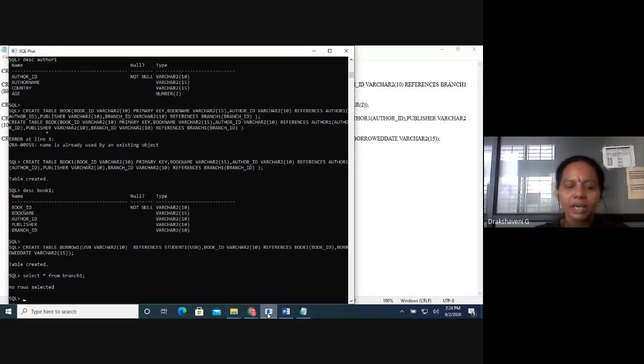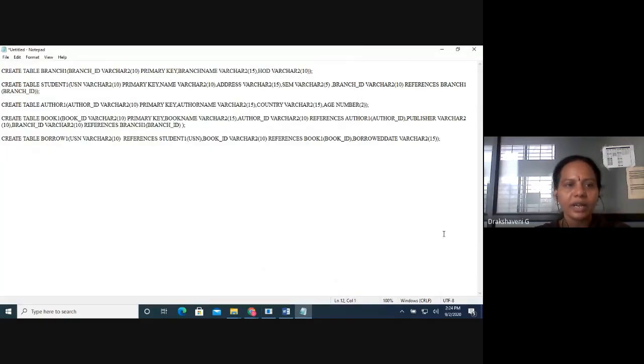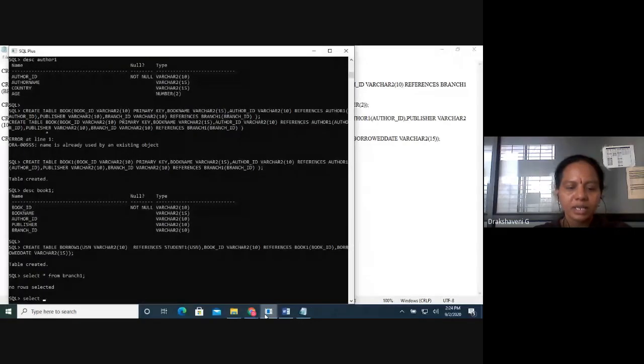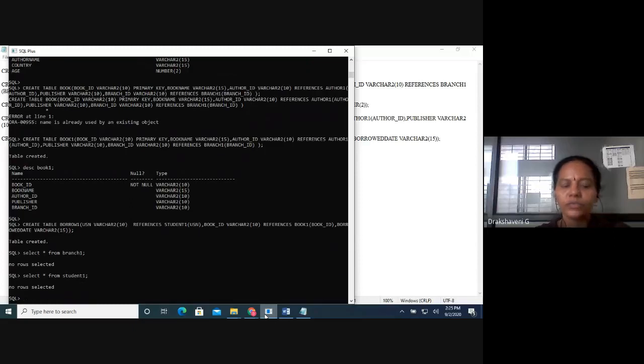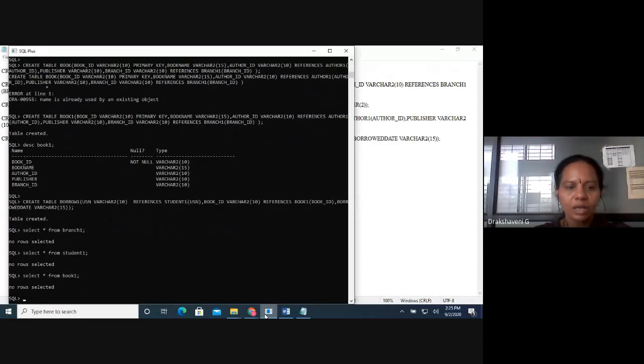I have just created it. Similarly, what are the other tables we have just created? We have created student, author, book, and borrower. So select star from student1, no rows. Then select star from book, no rows.